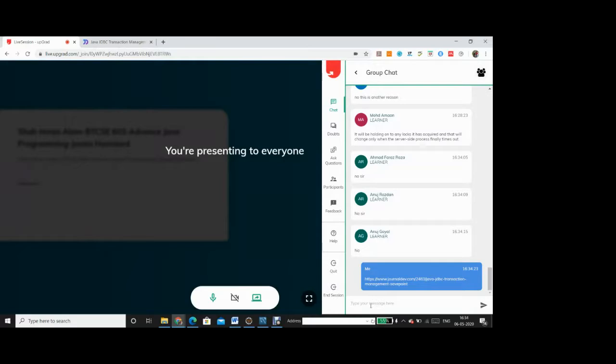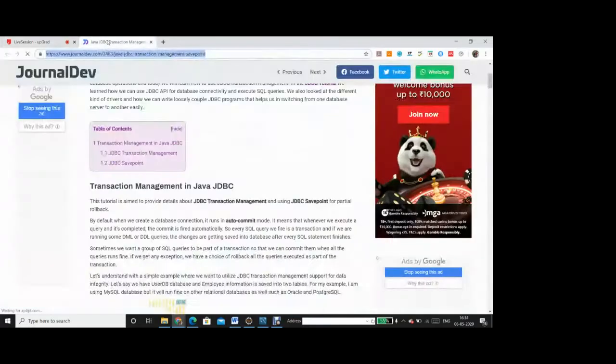And out of those assignments, this is my first assignment. Just go through this link. See, in the table of contents it has transaction management in Java JDBC, JDBC transaction management, and then JDBC savepoint.